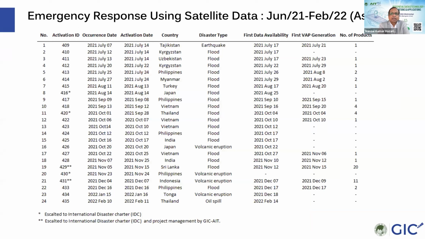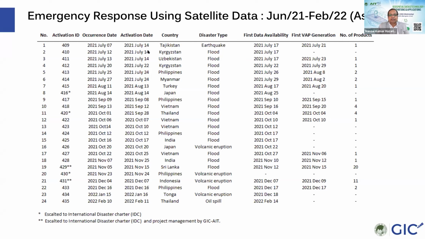If you look at these recent disasters, from June last year till last month, February, there are 24 activations in Asia and the Pacific island countries. All these activations were handled by us.